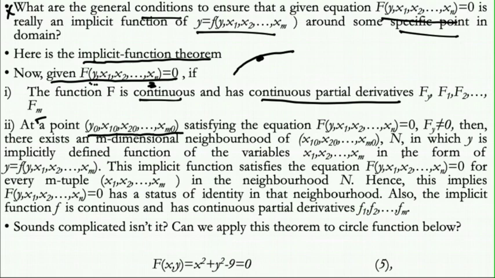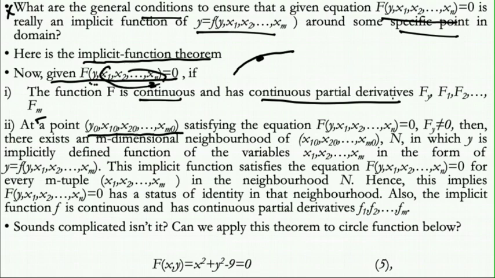That's what it means, yeah? Then this point exists, isn't it? Then when you take the partial derivative of this implicit function with respect to y, it's not 0 also, okay? Then there exists an m-dimensional neighborhood of x10, x20 until xm0, okay? So you have an m-dimensional neighborhood. Why? Because you have m number of